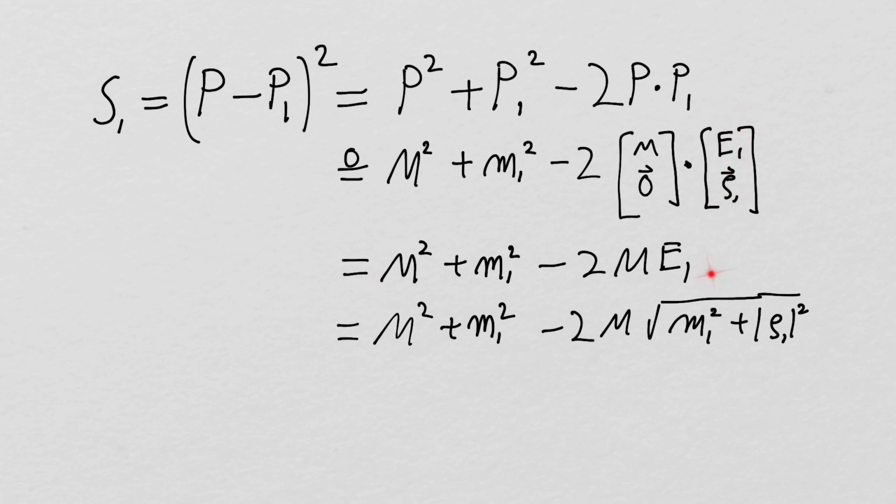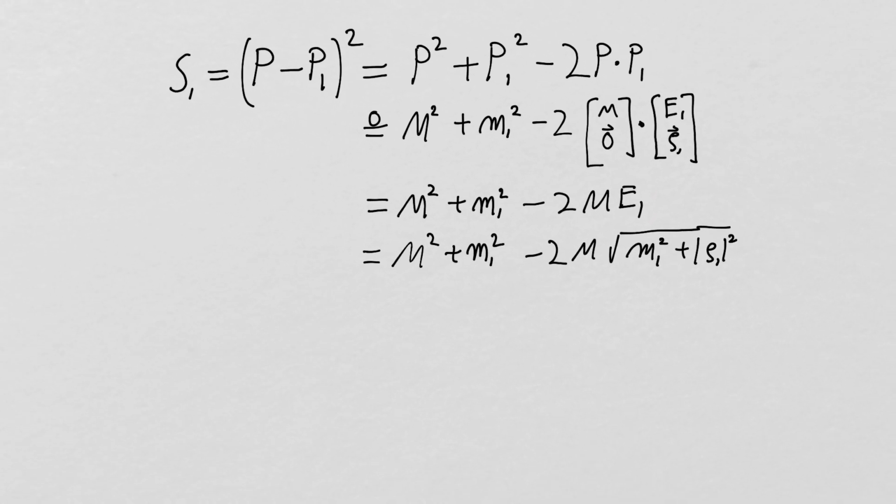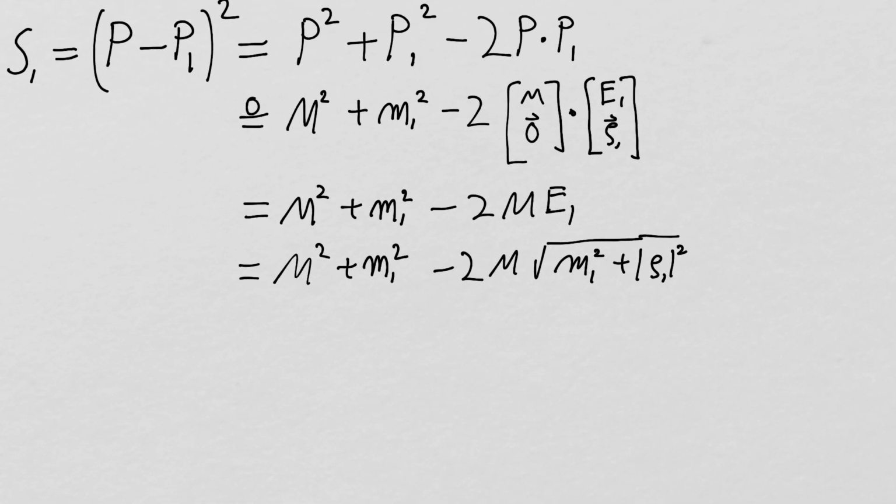And then I blow this up, and I get this expression right here, just like I did before. This is exactly what we did to solve for E1. But instead of actually solving for E1, because that's not what we're interested in, we're interested in a limit on S1. I'm going to take E1 and make the replacement